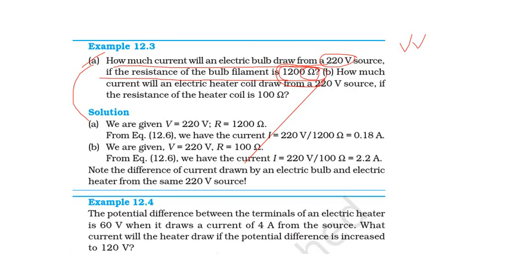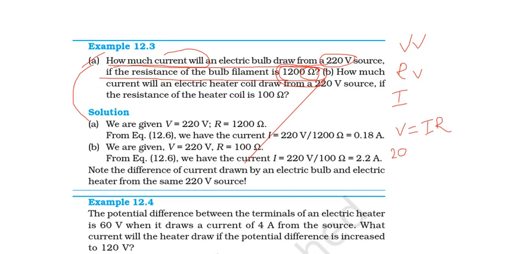So they gave that R value and V value. They are asking for what? The current value. Yes or no? If you know the V value and R value, what is the formula? We know that V is equal to I into R. Yes or no? And here the V value is 220, and you have to find the I value.